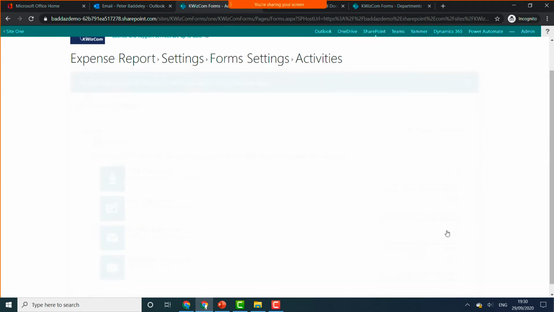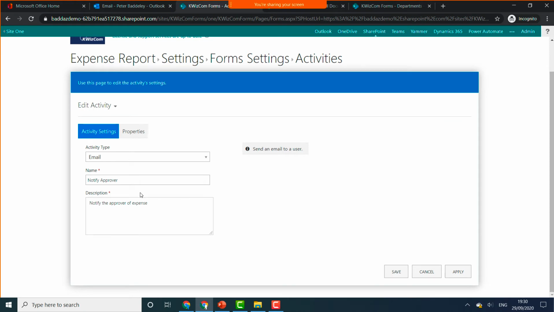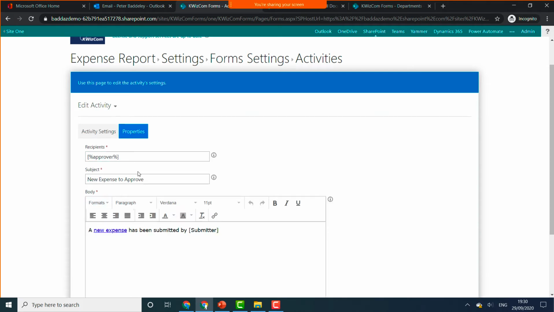Next, I'm just doing two simple approval actions. The first one is to send an email, so an activity to send an email. In this case, again, I'm using a few properties. I'm using and setting the approver as a variable, which again, I'll set within my action. And I'm configuring the link to my